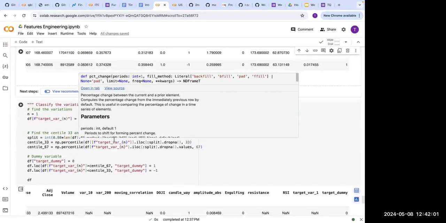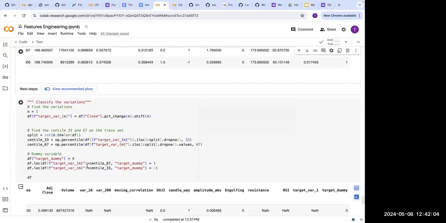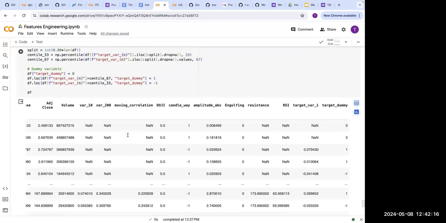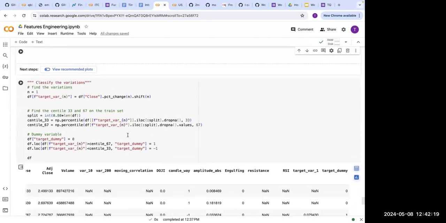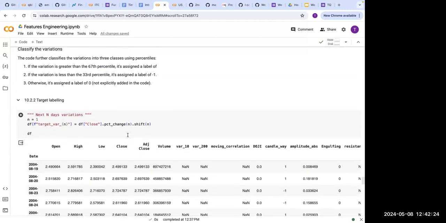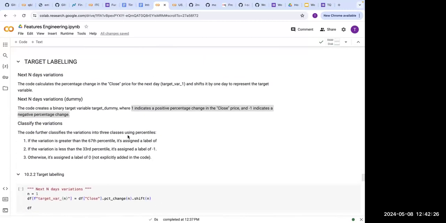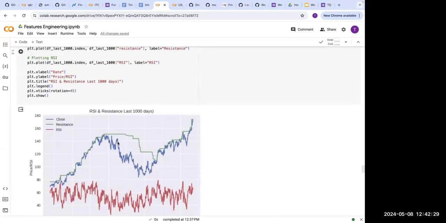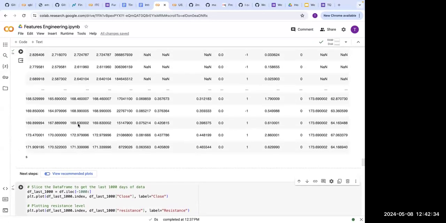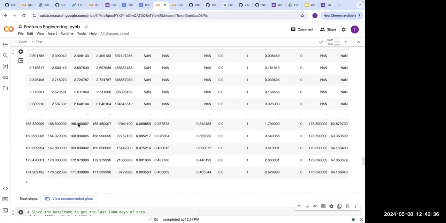and we can use these classifications to see if the set of data we are using is within the 33rd or 67th percentile. I'll go over this in more detail probably next time. I'm giving you the code for now so that you can try to understand this concept a little more by reading first. But at least try to go over the feature engineering part and see if it's helpful in actual trading, right?